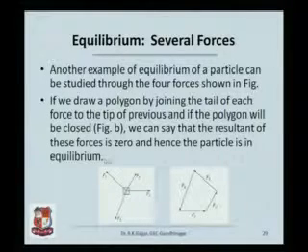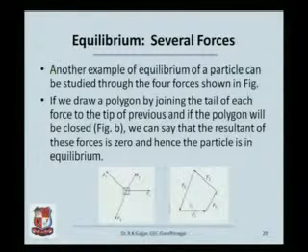If we find out the resultant and the resultant works out to be 0, then this body is said to be in equilibrium. We just take an example of how the resultant can be 0. Let us say we are plotting F1, to the tip of F1 plot F2, to the tip of F2 plot F3 and F4. There is no gap.